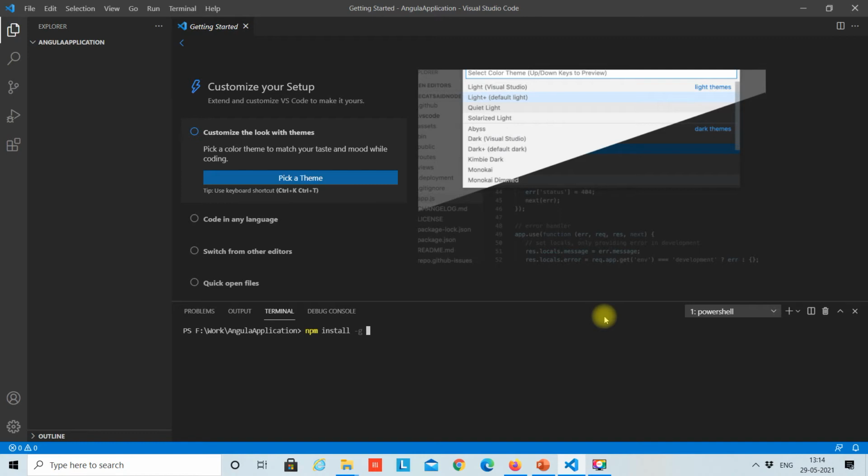I will install the Angular CLI globally, @angular/cli. So it will install my Angular CLI globally, not just for this application; for any application I will be able to use the Angular CLI.